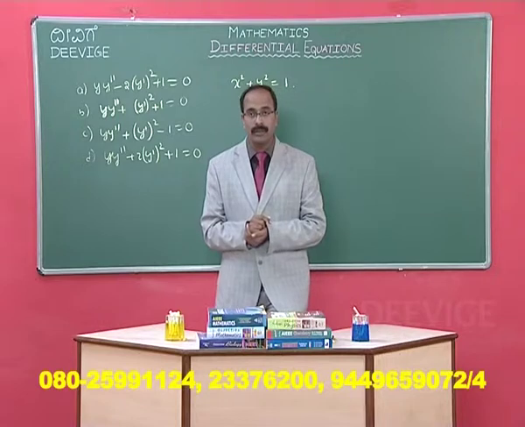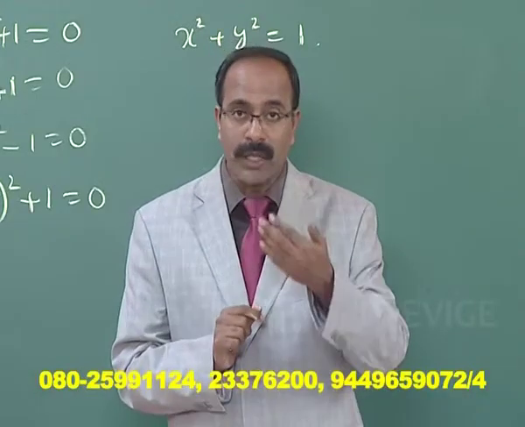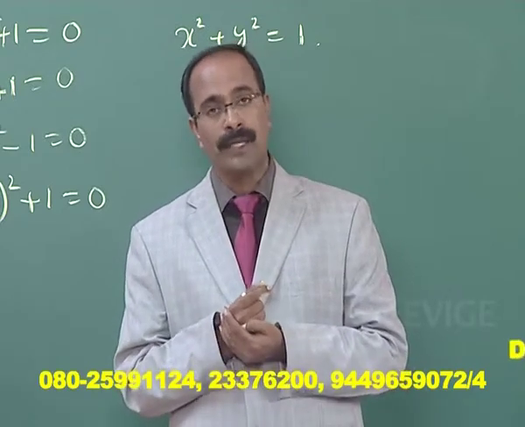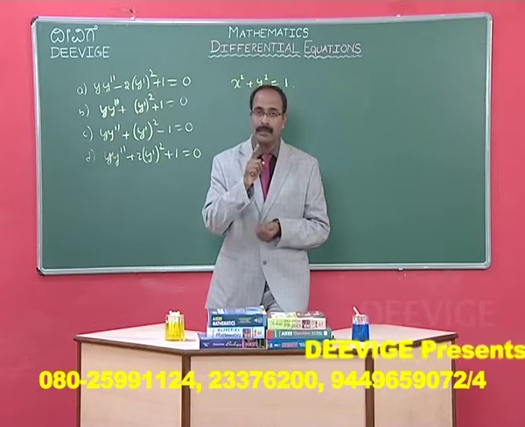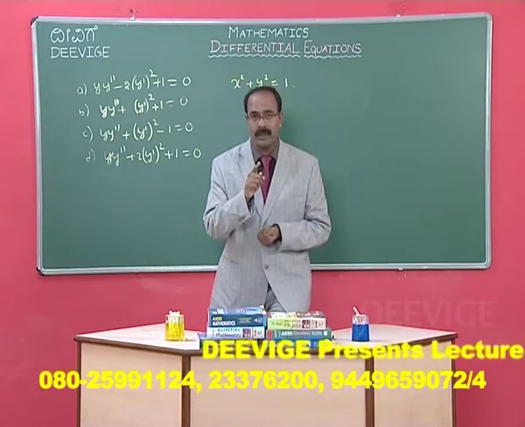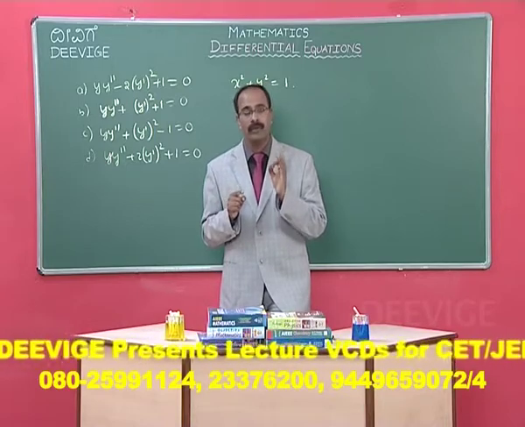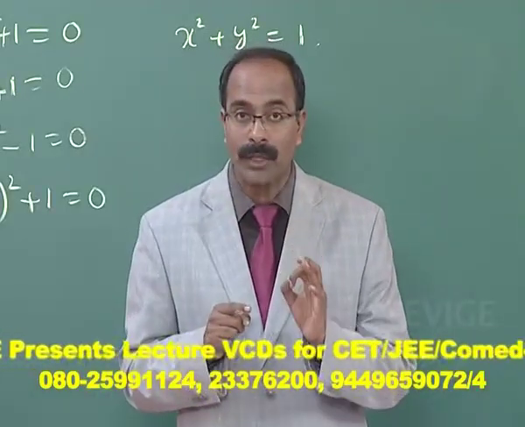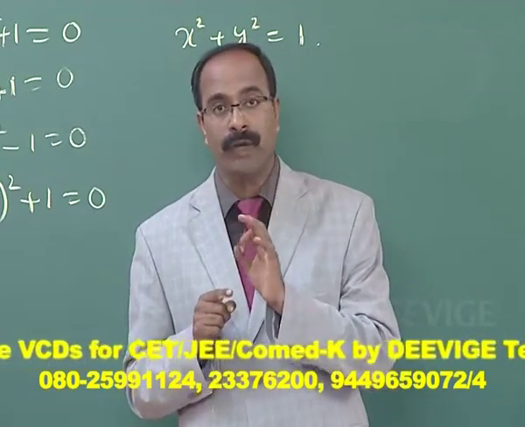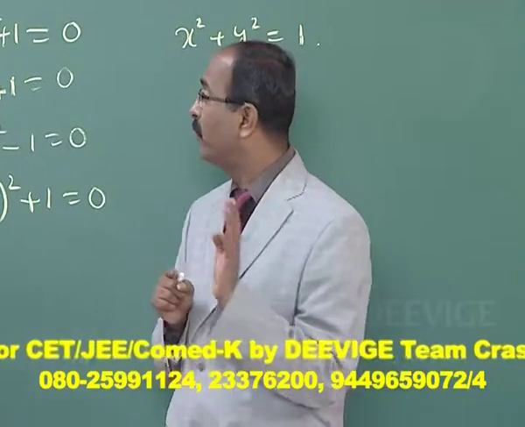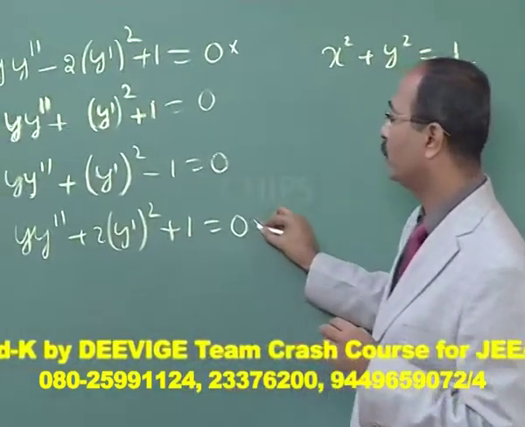Now let us go to the shortcut. You have x square plus y square is equal to 1. In the first derivative we are getting x plus y dash is equal to 0. That clearly says the coefficient of x and the coefficient of y dash are both equal, and they should be equal to 1. If you observe option A and option D, the coefficients of x and y dash are different. So that clearly says option A and option D are ruled out.